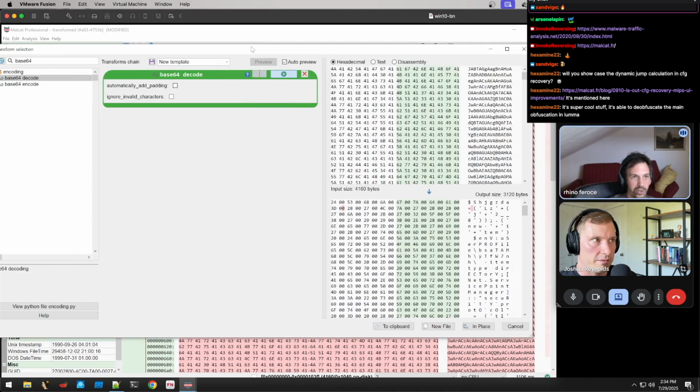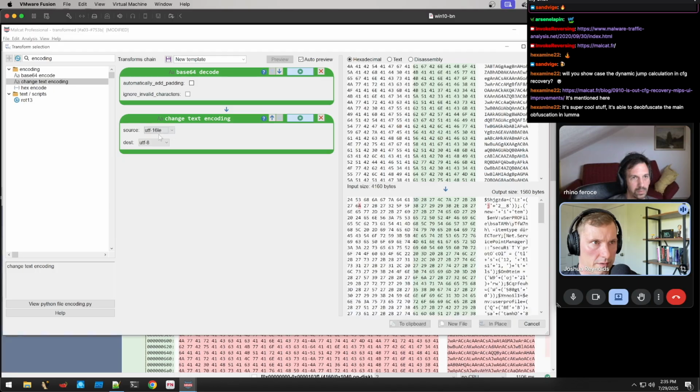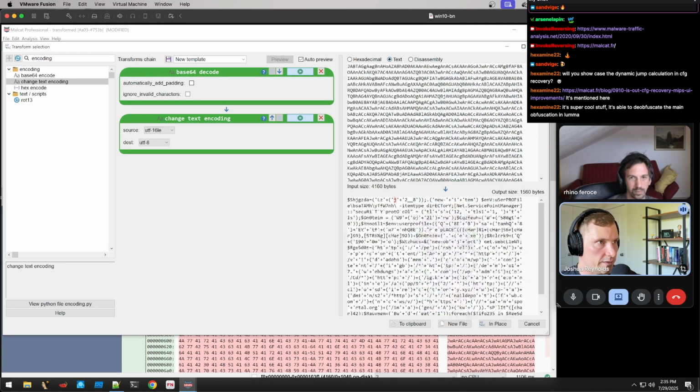Yeah, you can search for encoding. Change text encoding. Okay, there we go. Cool. So yeah, if I do text, then we can see here there's a whole bunch more obfuscated PowerShell, but